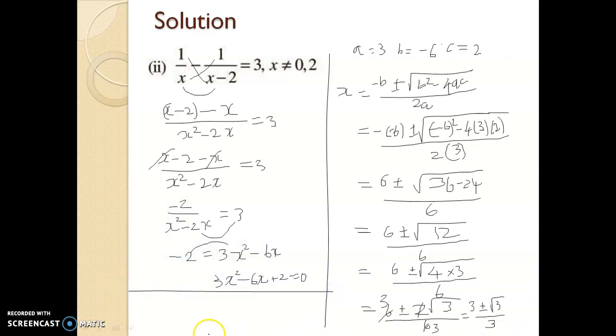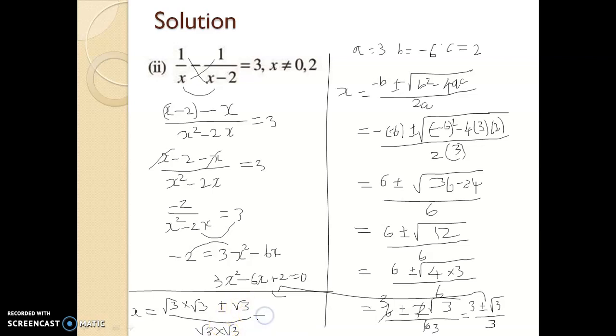So I am going to simplify this one, that is x equal to, so here actually I am simplifying this one only here. Okay. So here 3 is there and here root 3 is there. So can we split this 3 as root 3 into root 3? So root 3 into root 3. So this 3, okay, and plus or minus one more root 3 already there, and whole divided by, and this 3 also root 3 into root 3. Okay, root 3 into root 3.